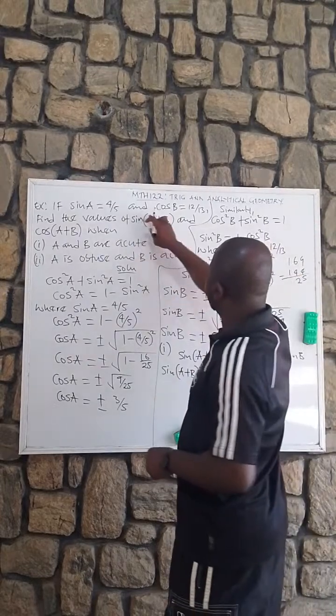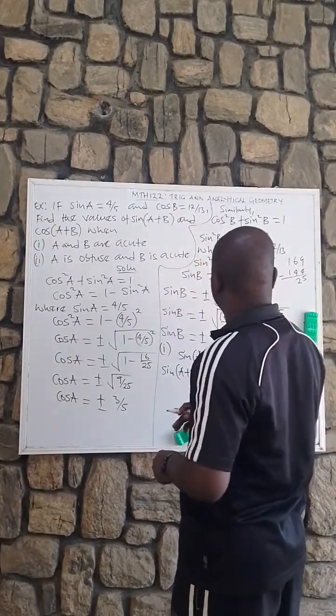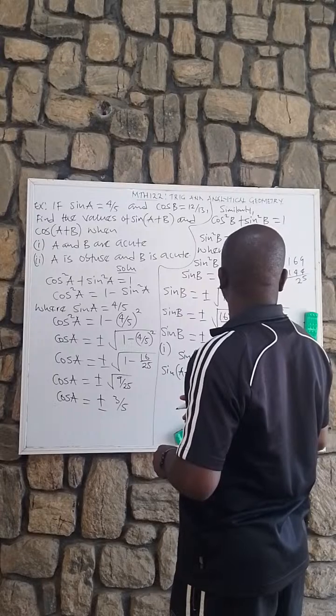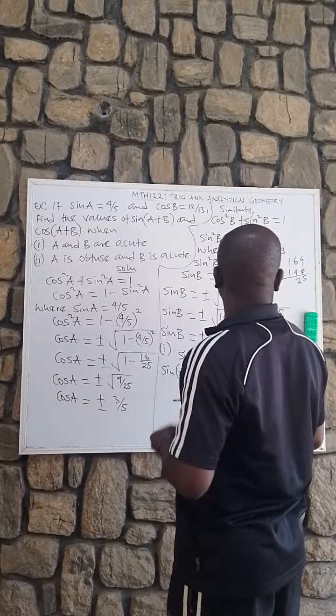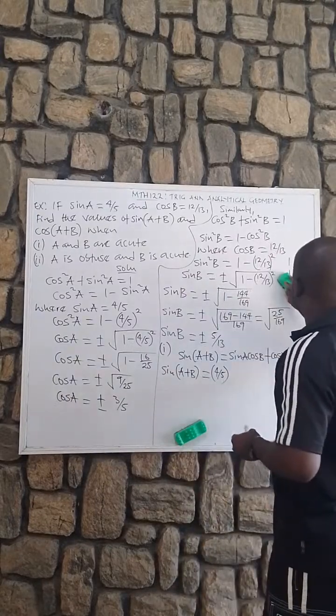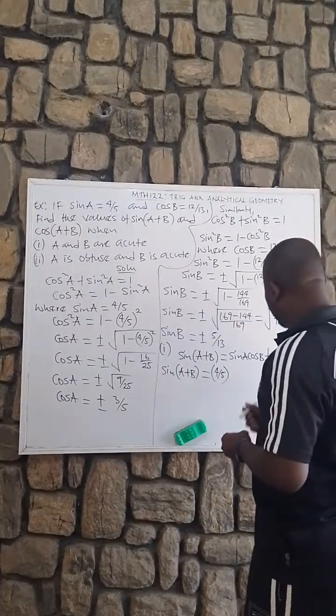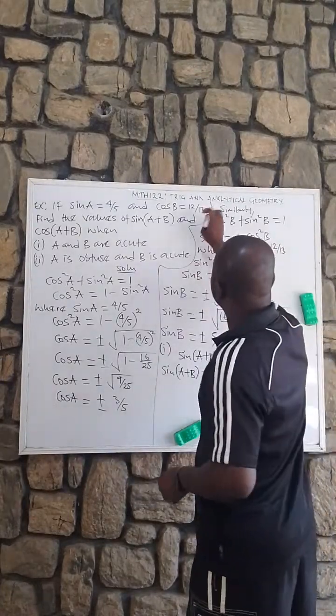This is sine A and cos B is given as this. So our cos B is this